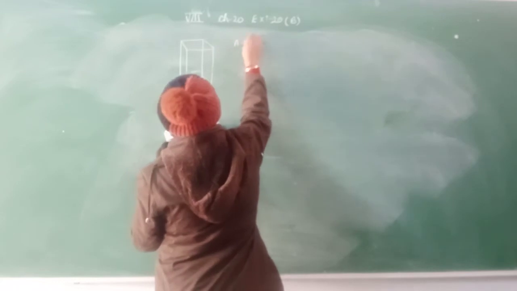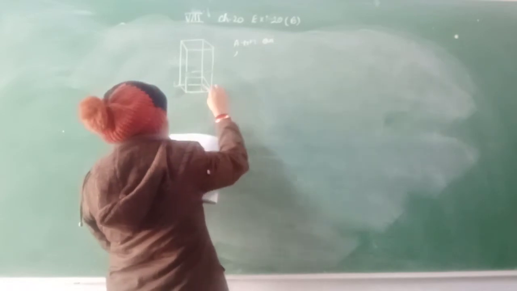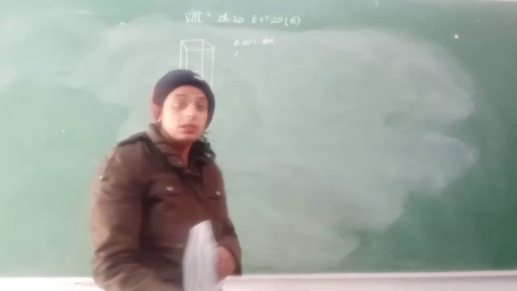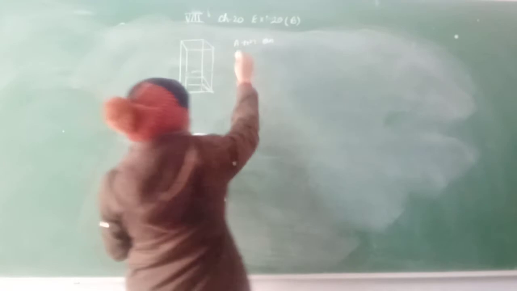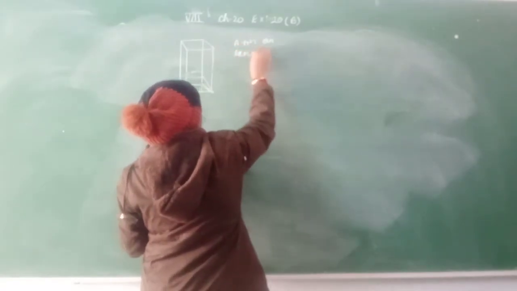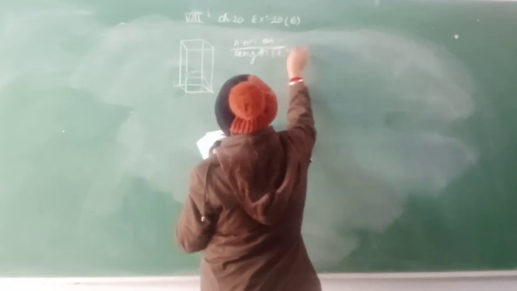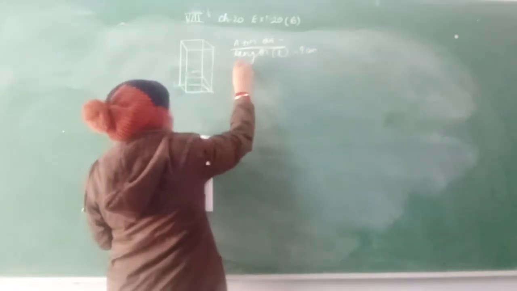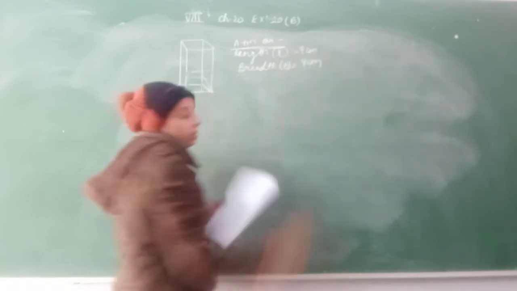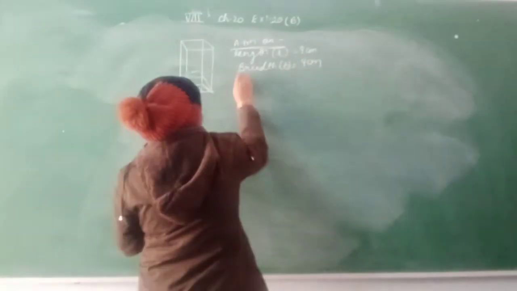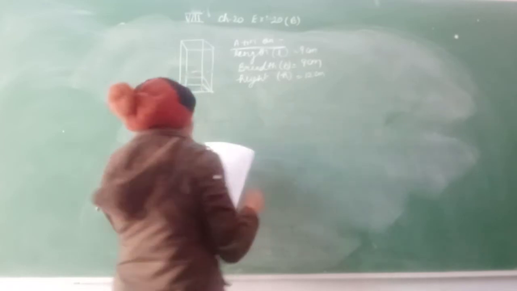The first pack is a can where the square base is 9, it means its length is 9 cm, breadth is 9 cm and height is 12 cm. Square base means that it is a square. Their length and breadth are both the same. So the length of the tin can, L will be 9 cm, breadth will be 9 cm because it is a square shape. Clear? So the length and breadth will be the same, and the height of the tin can, that is given here, is 12 cm.